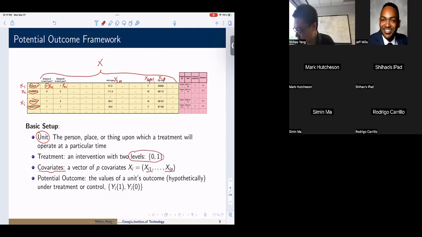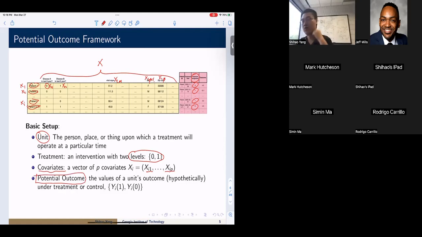What is my treatment? My treatment assignment is right here. You either get treated or get control. 0 usually means a control, 1 means a treated. So my patient 2 is treated, my patient 1 is a control patient. Same as my patient i is treated, my patient i plus 1 is a control patient. The last one